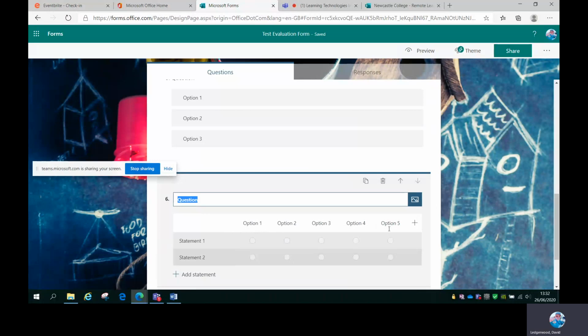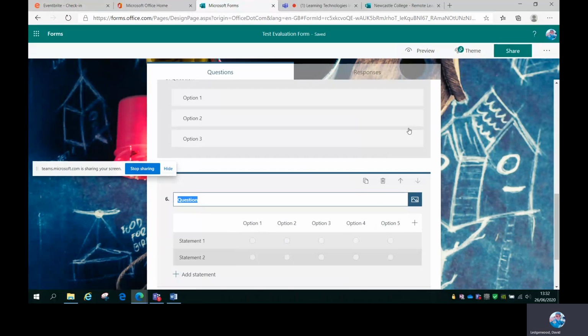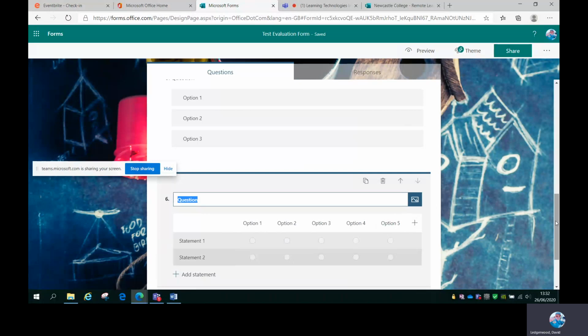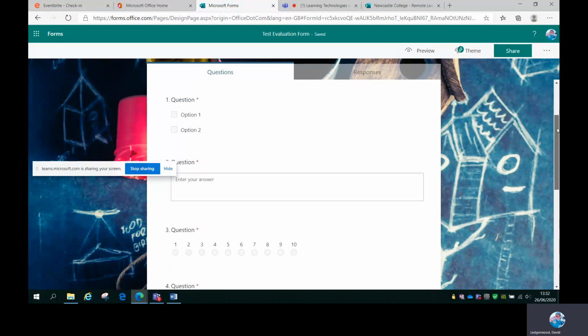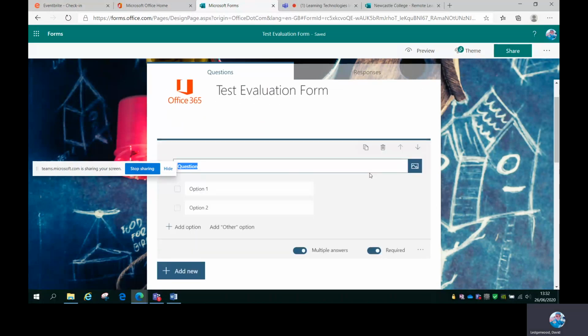Okay. What you can also do with your questions is make your form into something called a dynamic form. What I mean by that is that you can build in links to other questions that not necessarily everybody would see. Let me give you an example. Let's say you have a question that demands a yes or a no answer. If your respondent selects no, they progress on to the next visible question. If your respondent answers yes,